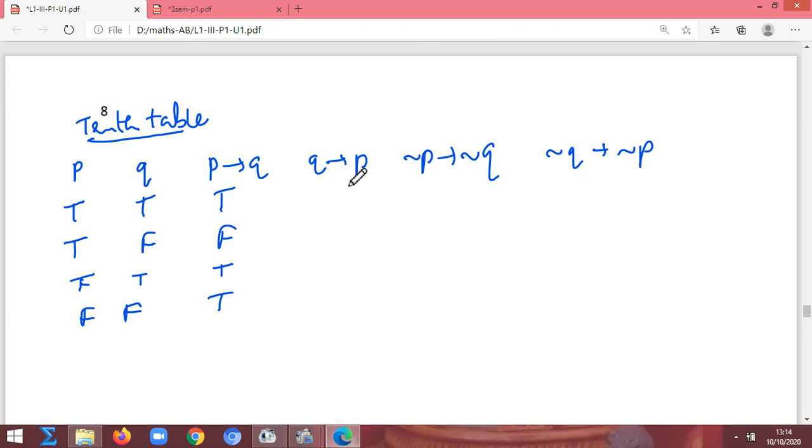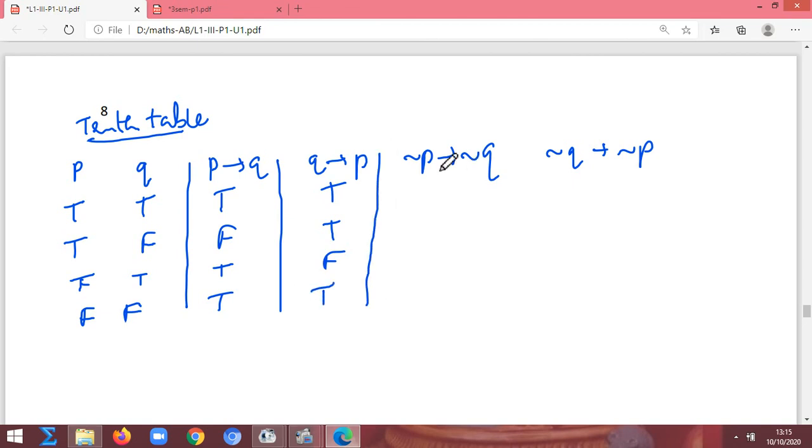Yeah. So, what about Q implies P? That is, if Q is true, then P. Okay. So, that is also true. So, compare these two, P and Q. Q is false and P is true. So, there also it is true, because Q implies P is true in all other cases, only false when Q is true and P is false. So, now it is false. So, when both are false, it is true.